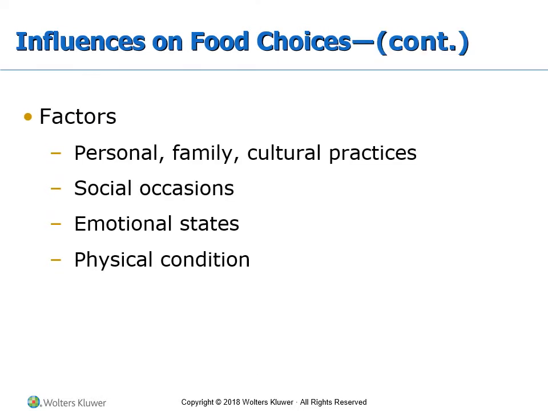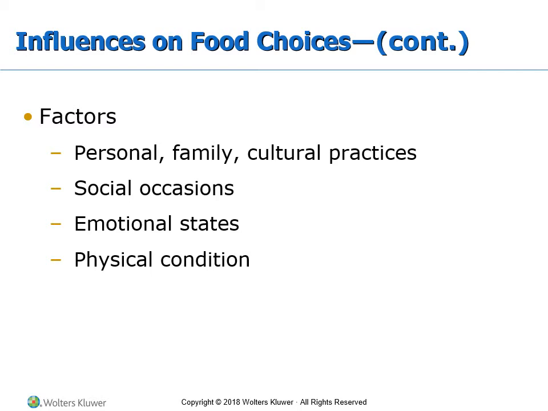And so you can see the graphic goes into some more detail. So for example, looking at other factors, including personal, family, and cultural practices. So we have things like social occasions. You'll notice that a big part of American society is that we always focus on eating, right? When you ask somebody to go out on a date, do you want to go and get food? Do you want to go to the movies, where we'll buy food? Do you want to go out for drinks, which contain calories, right? So you'll notice there's lots and lots of involvement of food intake in social settings.